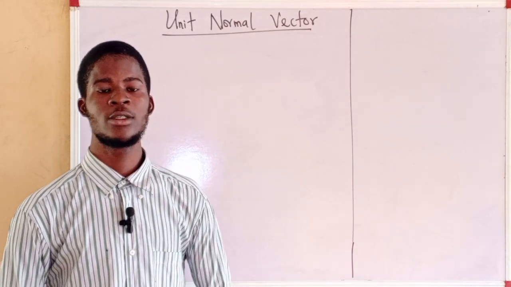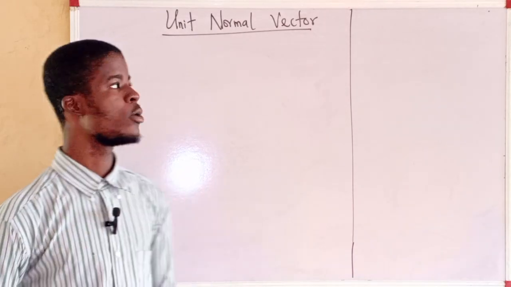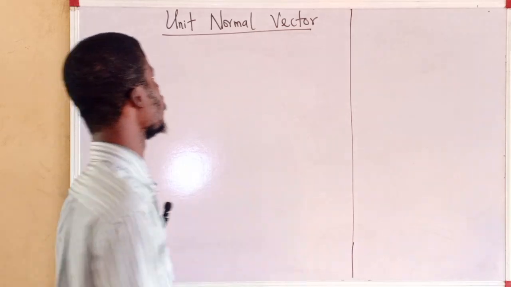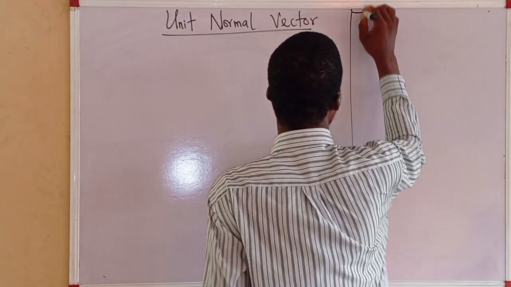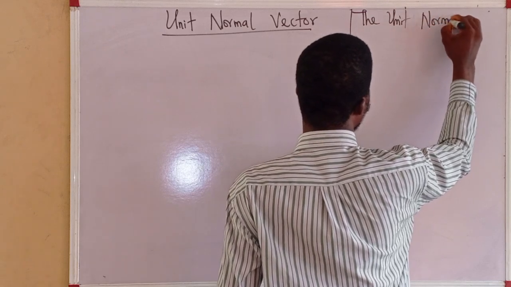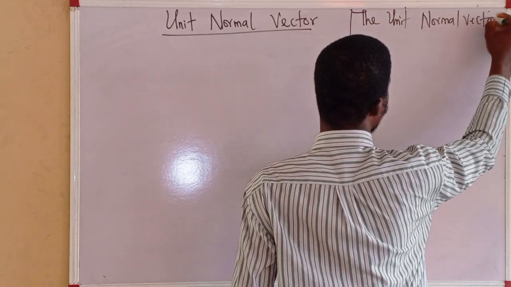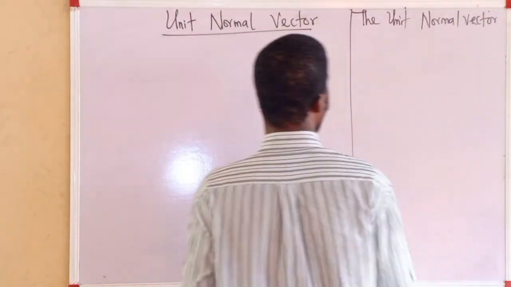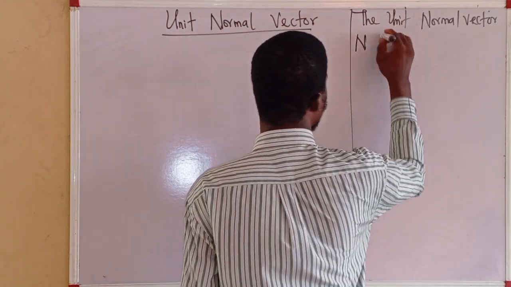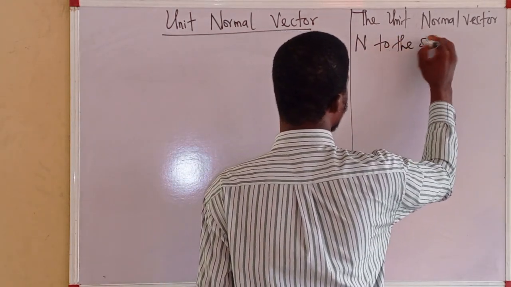Still on vector analysis, vector algebra, we are going to talk about the unit normal vector. All right, the unit normal vector n to the surface